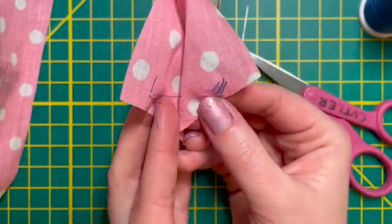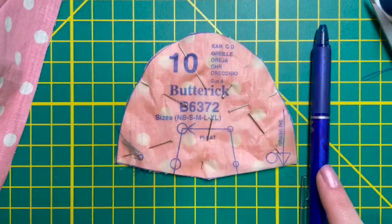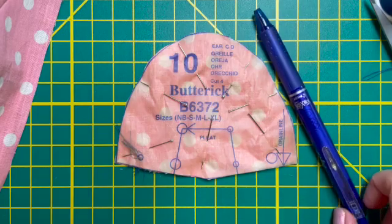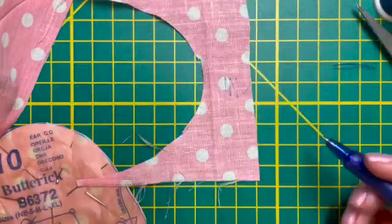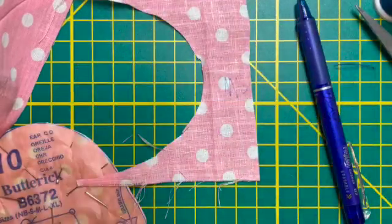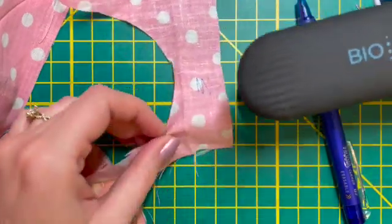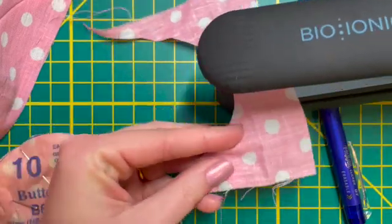Okay, that's tailor's tacks. Let's go on to something else. Next up, we're going to use a heat-soluble pen. So this is Frixion brand. It's pretty awesome. The idea is, I'll show you on a scrap of fabric, you can mark with this pen on your fabric, and because it is heat-soluble, when you take an iron and heat it up, this is my makeshift iron for now. It's a straightener, because I don't have a real iron right now, and I put it,